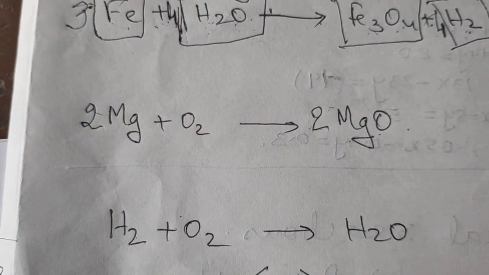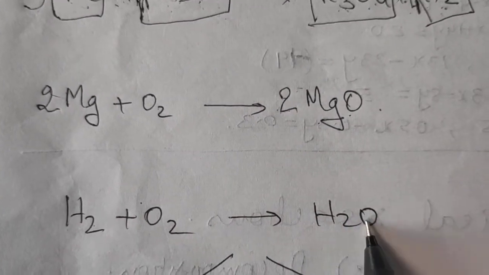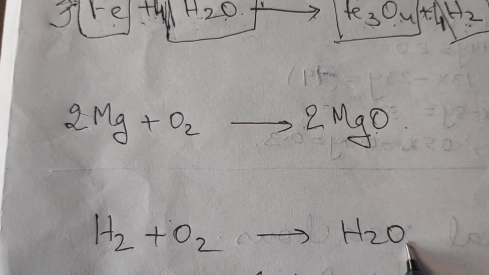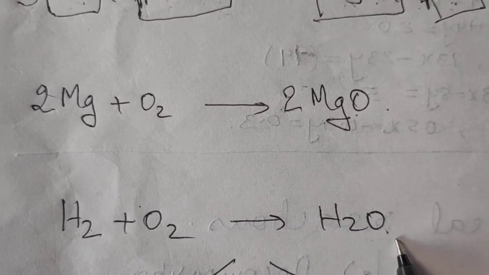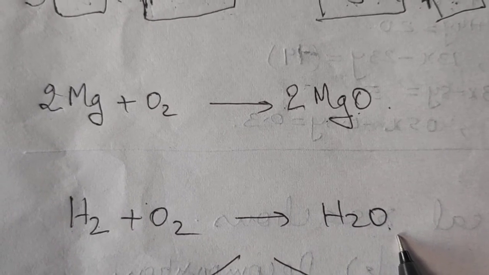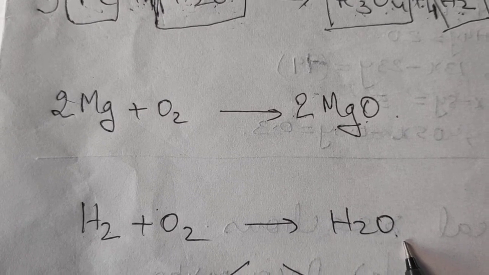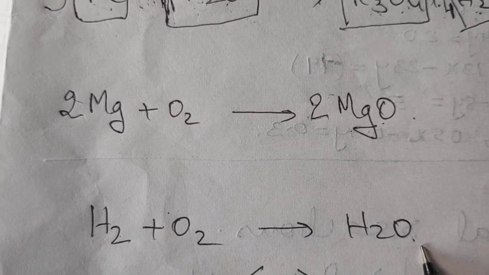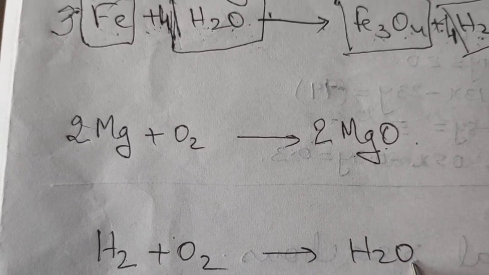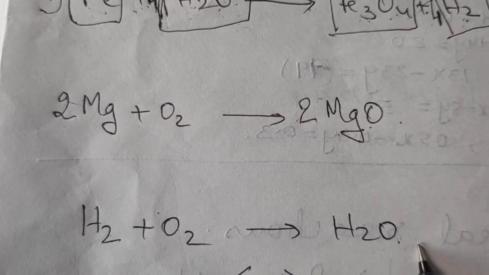Let us take one more example. Say water. H2 plus O2 forming H2O. Isn't it? Very simple. But again over here, hydrogen is balanced, but oxygen is not. I cannot put 2 over here. If I put it, it will become hydrogen peroxide, a different compound. So again I am repeating the 9th standard molecular formula, how it is formed, that I have already explained. The chemical formulas of compounds have been explained, so that rule is applied over here. There is a covalent bonding between hydrogen and oxygen. Oxygen shares 1 electron each with 2 hydrogen atoms and forms 1 water molecule.